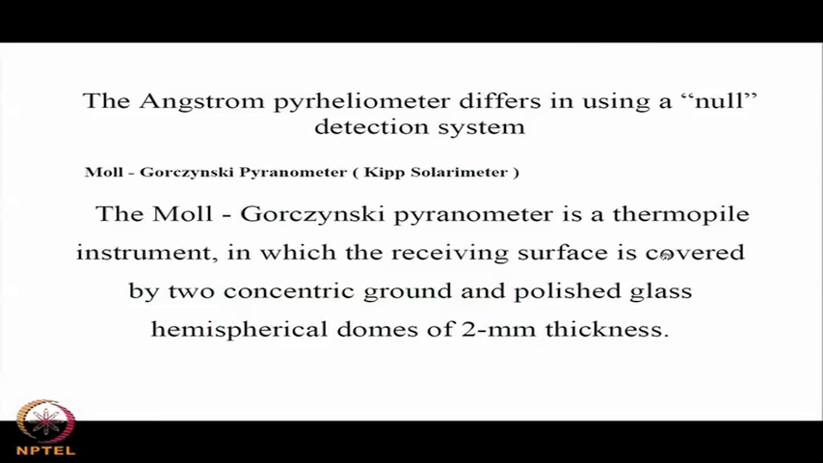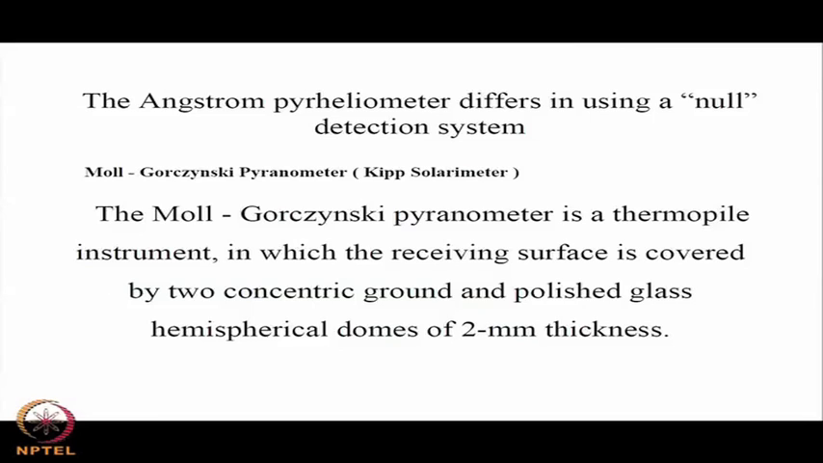Otherwise, the difference is the angle, which is included to include the sun or a little extra portion, and that is what distinguishes the short tube and the long tube. And the Angstrom pyrheliometer differs in using a null detection system. There are other types of pyranometers, which is